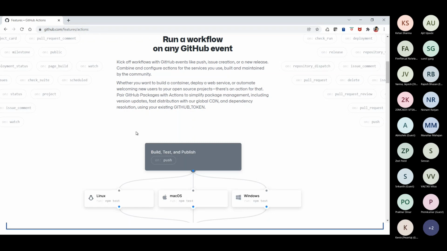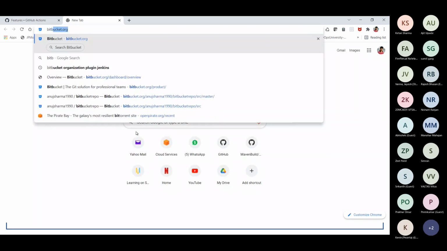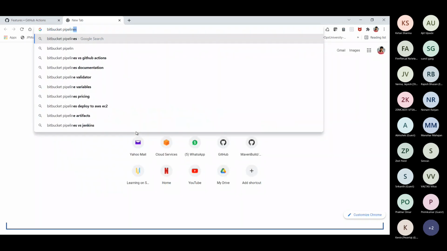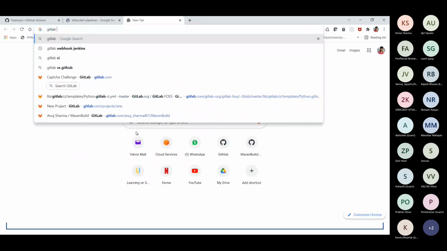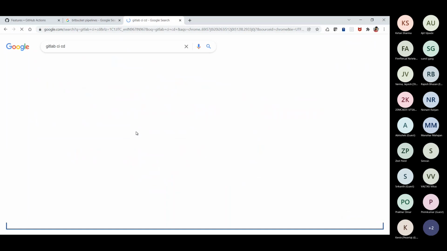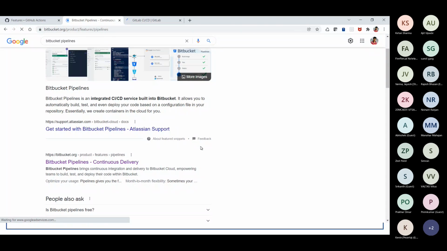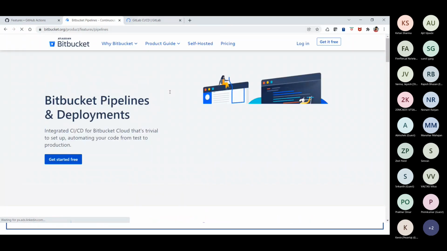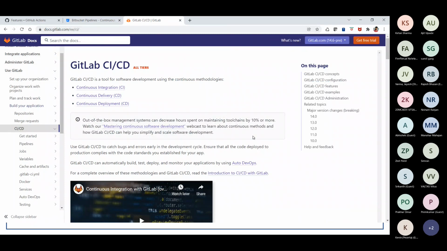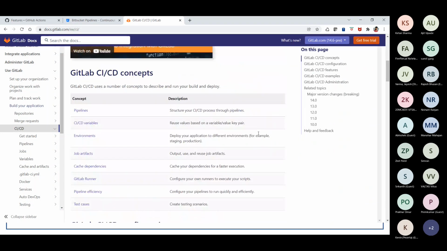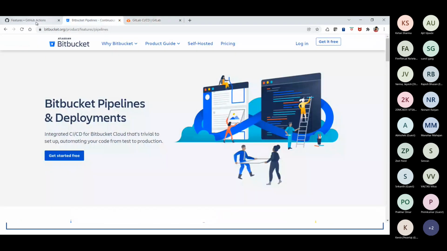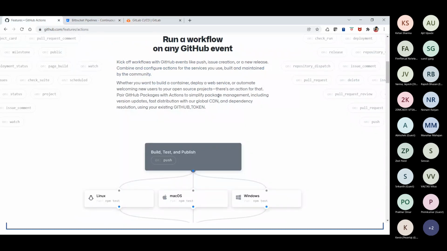Now, GitHub Actions is not the only solution. I'm talking about generic GitOps here. So there are Bitbucket Pipelines and GitLab CI/CD. It's a very generic option. GitLab was the very first tool which provided us continuous integration, continuous delivery and deployment. So they were the first in this particular domain. Then we got Bitbucket Pipelines, and the latest is GitHub Actions. All three are cloud-based services, which give us an understanding of how GitOps really works.